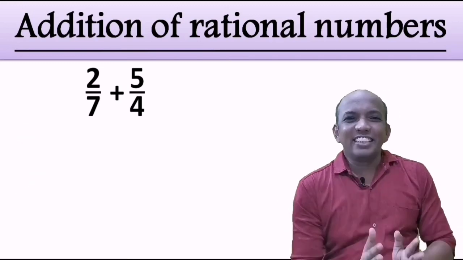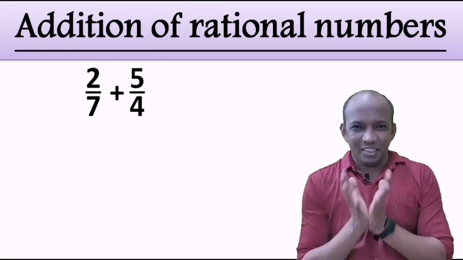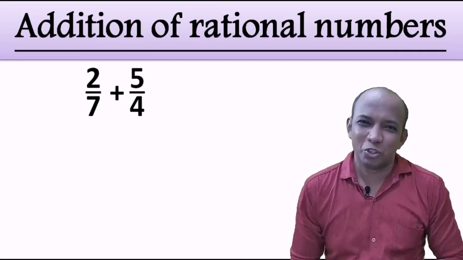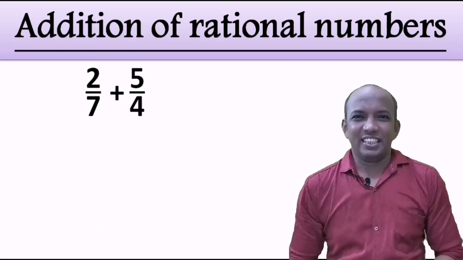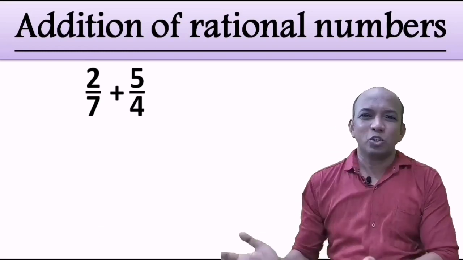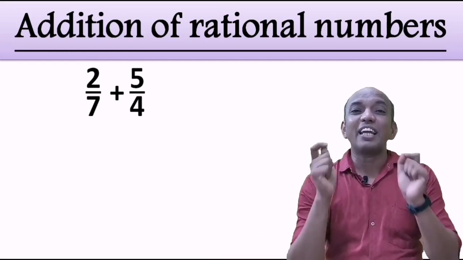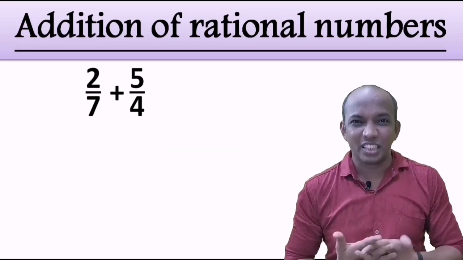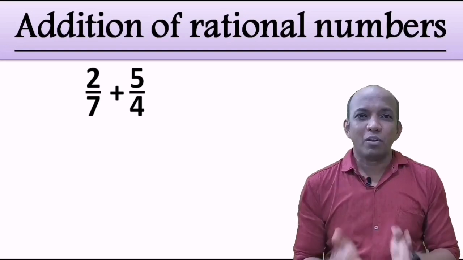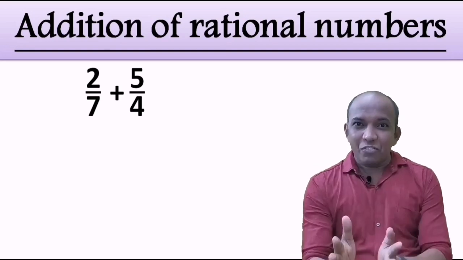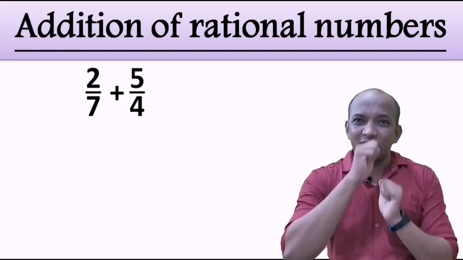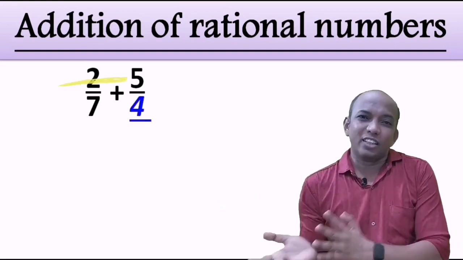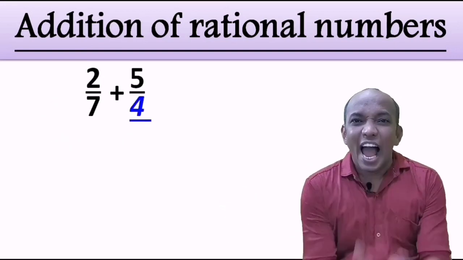See, the addition the way Sonu did it is simple, but not that simple. The very first thing that we need to understand in these two fractions is, are their denominators equal? Because without making their denominators equal, we are not supposed to add them. So the very first step is what to observe? The denominators should be equal, and over here the denominators are 4 and 7, so you cannot add them.